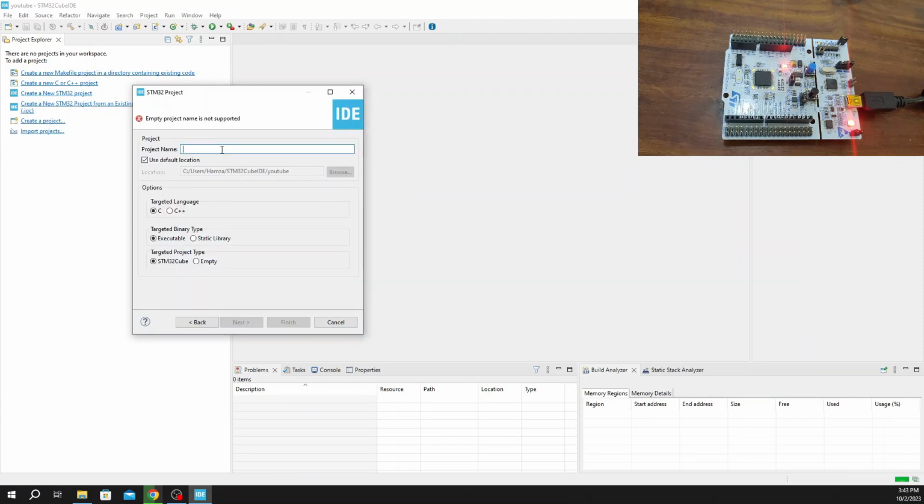Now we must give a name to our project. I'll say Blink or Blinky. You have to select the targeted programming language. So here I'm using C, and the binary type is the executable. And we select the STM32 cube. So we press finish,